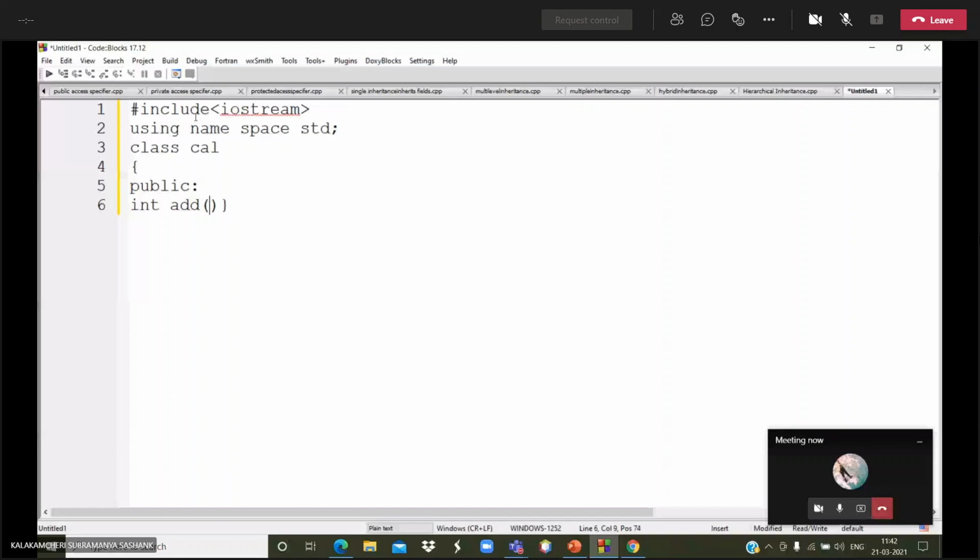And then I am writing the main function. See, as I said, with the help of the class name, I am creating one object. Then I am printing the data. That's it. See here, I am passing the values.